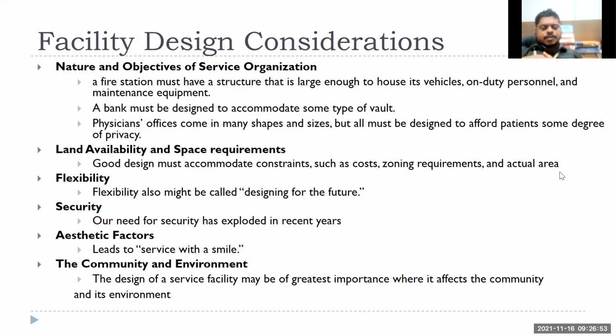Then aesthetic factors lead to service with a smile. That is how the ambience looks inside your hospital. Western hospitals put a lot of effort into this. If you go to a children's hospital in the US or Europe, it will be designed in such a way that there will be playrooms and toys nearby,